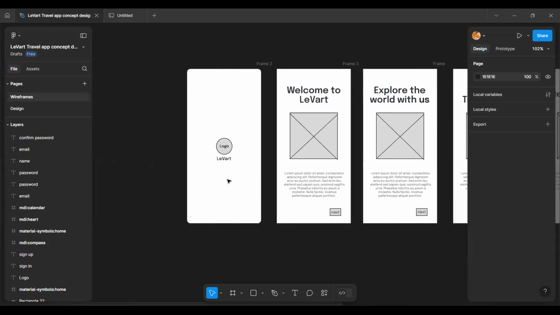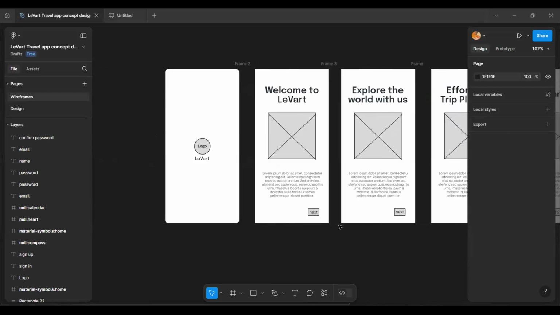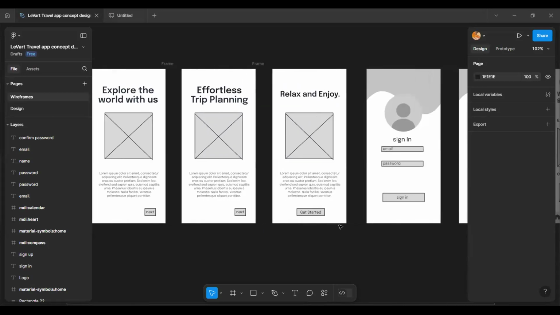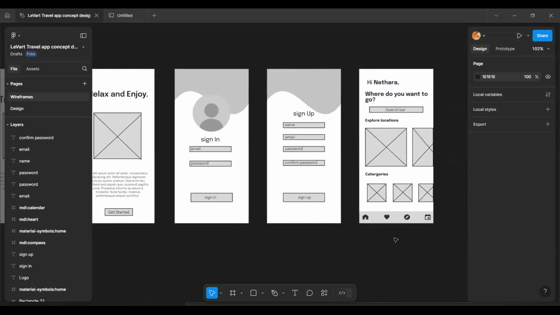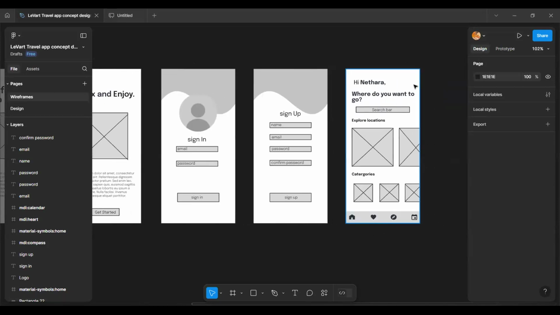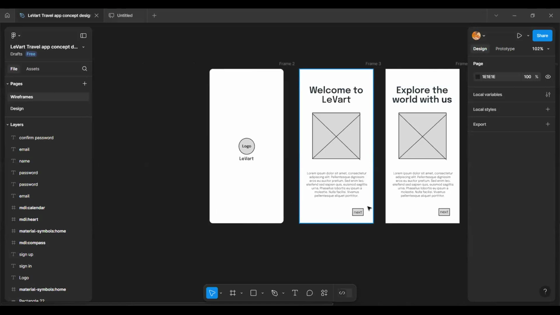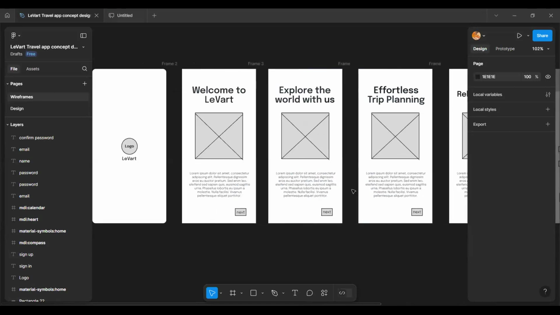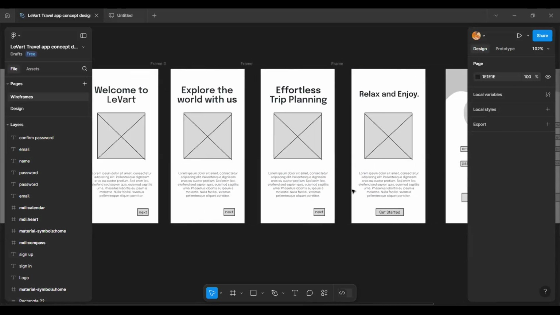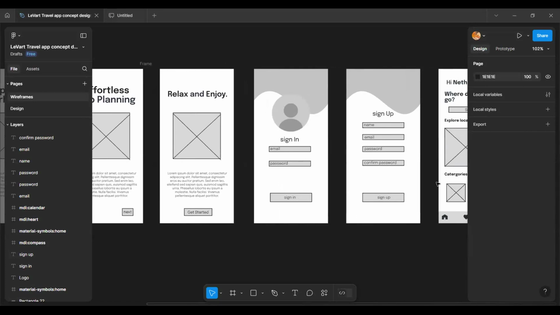So I have added the splash screen and 4 onboarding screens and the sign in and the sign up and lastly the dashboard. It's not a complicated wireframe. So if I go to the design,